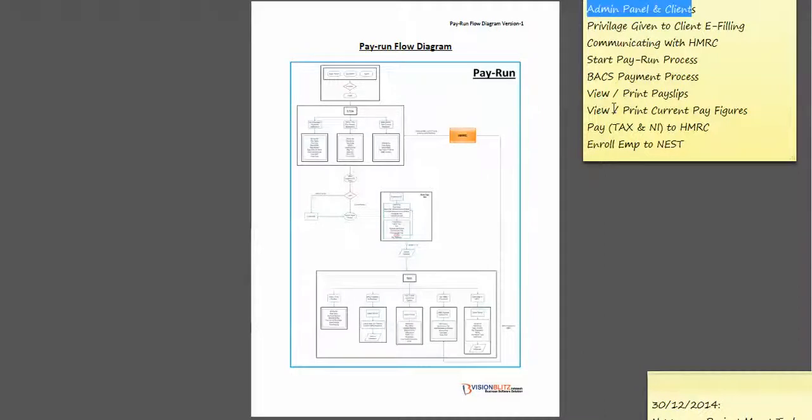the relationship between the admin panel and the client, the privilege going to be given to the client for the e-filing process, communicating with the HMRC, how the parent process is going to start and by whom, how the batch process is going to process, and how the client or admin panel is going to view the ordering of the pay slips, and when they are going to do this process, and how the current pay figures, that is